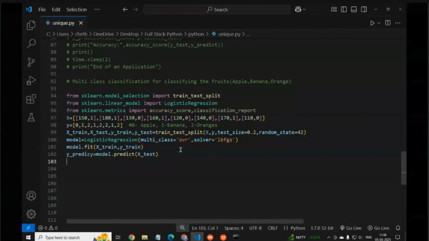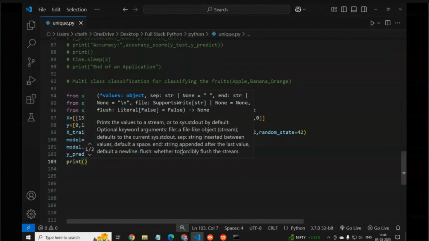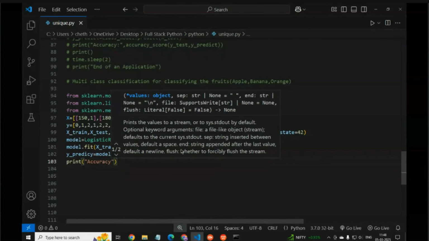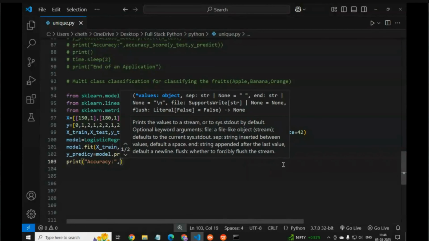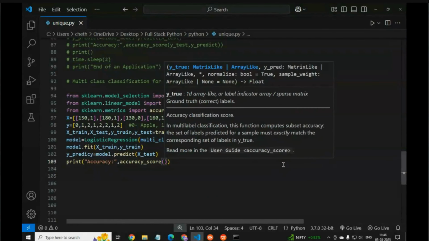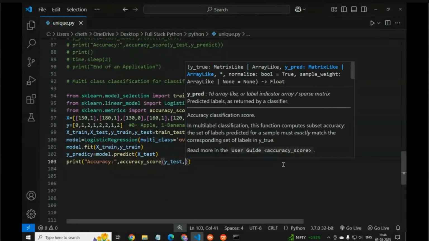Then we have to evaluate that model. So we print accuracy: we write accuracy score, and in that Y test and Y predict.